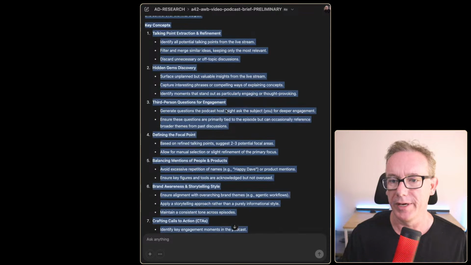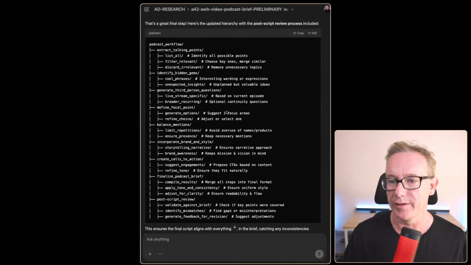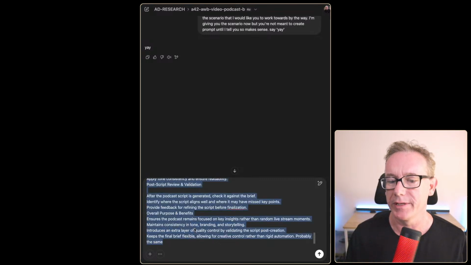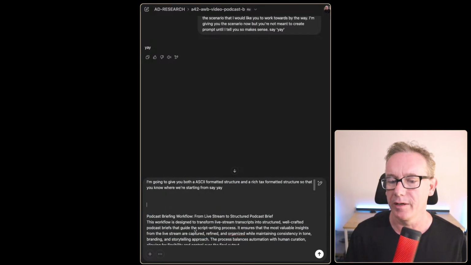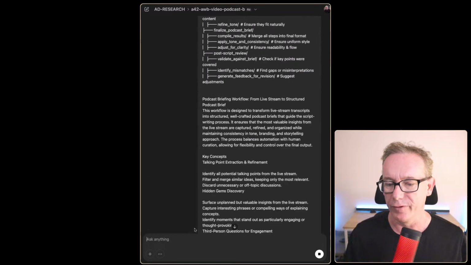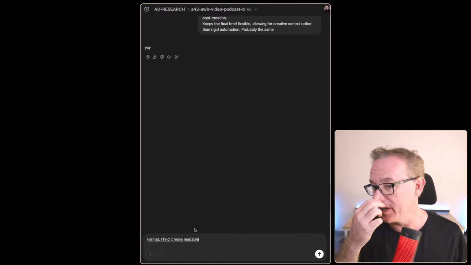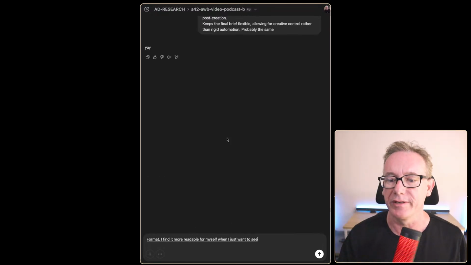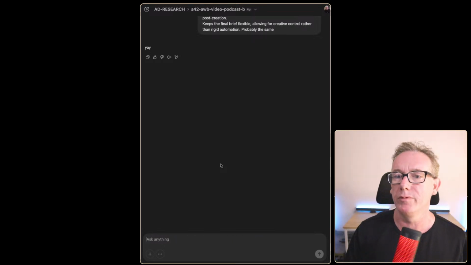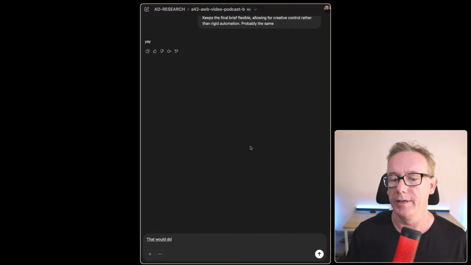So we'll take that information and we'll also take the information I got here. They're probably the same information, but that's okay. I wanted to make clear that I like both. I like the ASCII format, I find it more readable for myself when I want to see things more like a mind map would do. And let's get out of Siri and say,